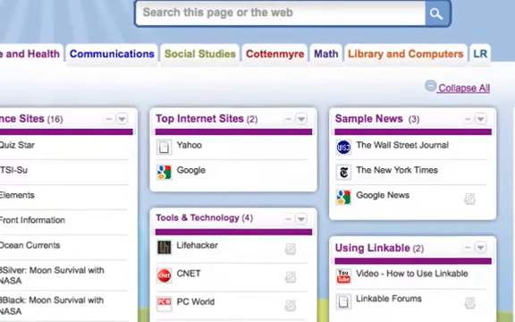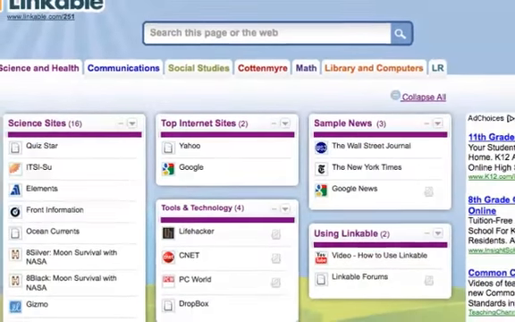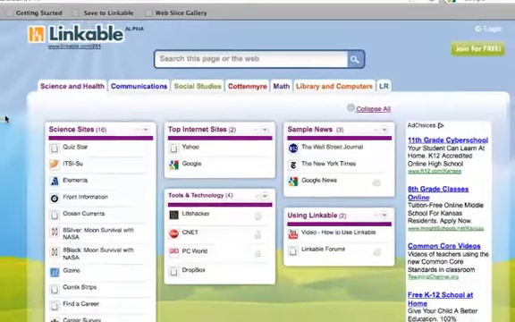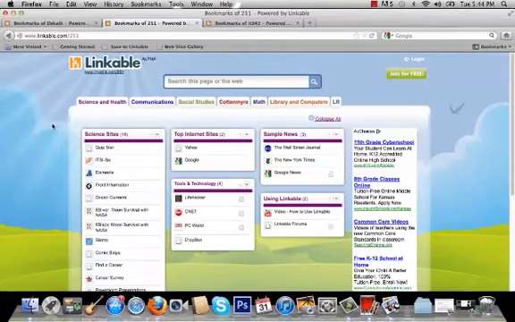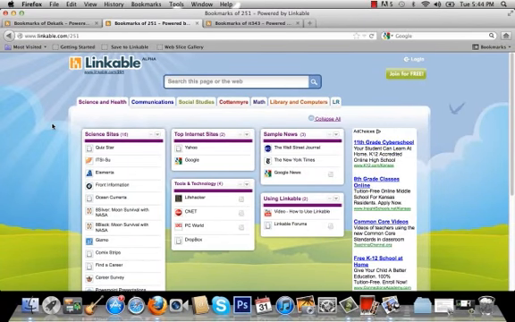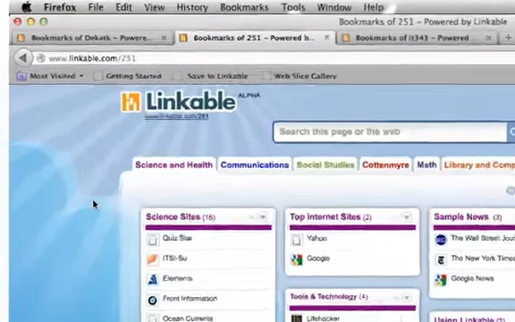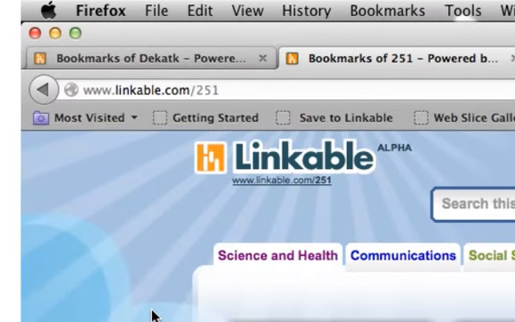The other way we found to use it is as a school site. This is a great way for your students to have a central place that they can set as their homepage on their desktops or laptops or whatever they have, and they can access the information that their teachers want them to find quickly and easily without typing in any links. In this case, the district got together and the teachers all share a password that they do not share with the students. The teachers can then organize their own tabs and resources and direct the students to go to